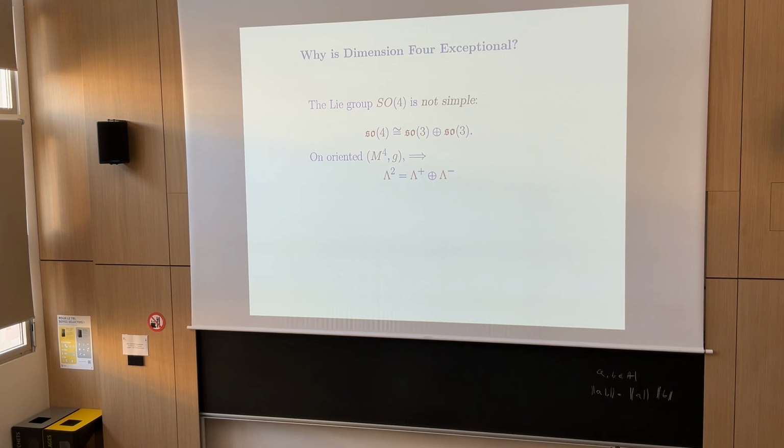There is a natural decomposition of the bundle of two forms on an oriented Riemannian four-manifold into two rank 3 vector bundles. And so rather than constantly referring to the representation theory of SO4, these have a very simple concrete meaning. Namely, these two subspaces are the eigenspaces of the Hodge-Star operator. The Hodge-Star operator, the basic idea